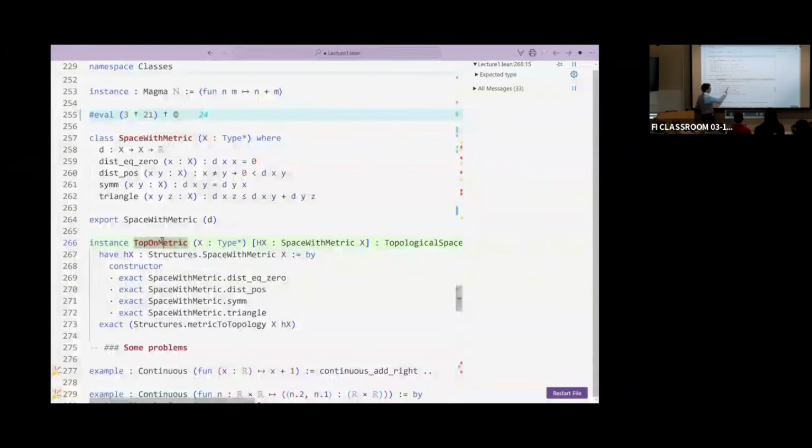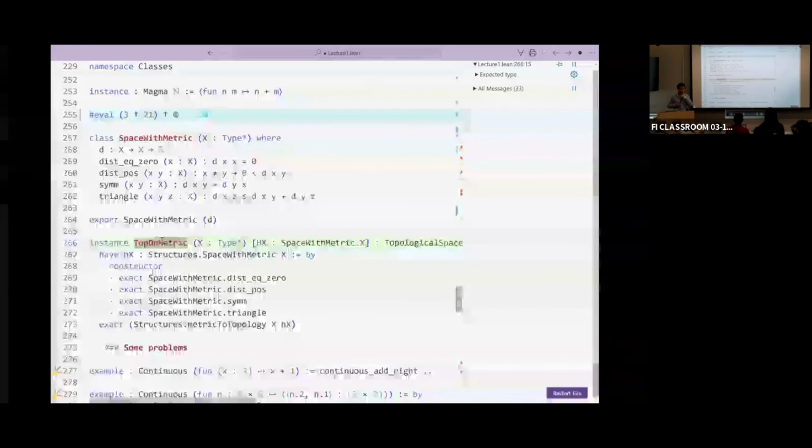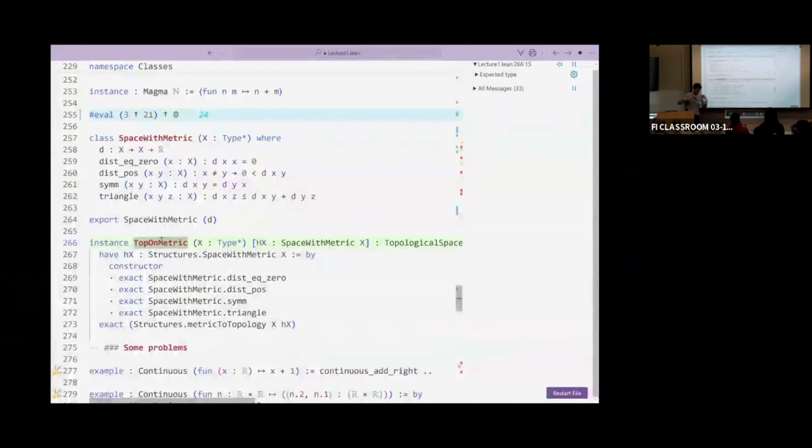Then you can add exactly as we did before. You can say, oh, each time. So the way, one thing I try to stress about these classes is that they really need to be used for automation. So if you have in mind, if you still believe that this space with metric is the right thing to do, which will not be, but then you say, okay, I want it automatically. Each time I have a metric structure on a space, I can endow it with a topological space. I don't want to each time say explicitly that since I have a metric structure, I am considering the topology induced by this metric structure.